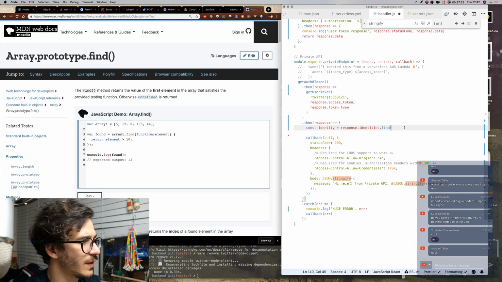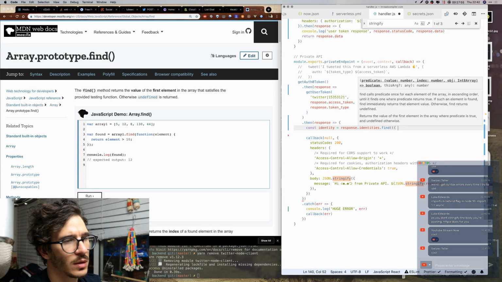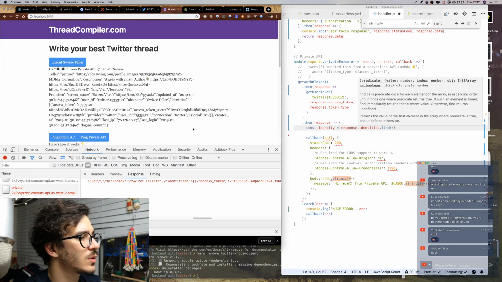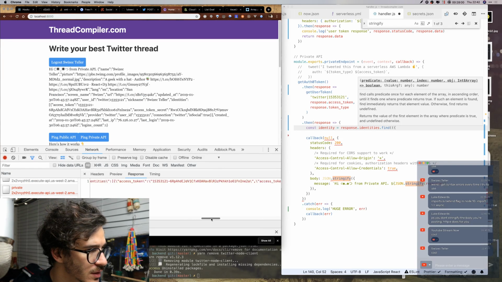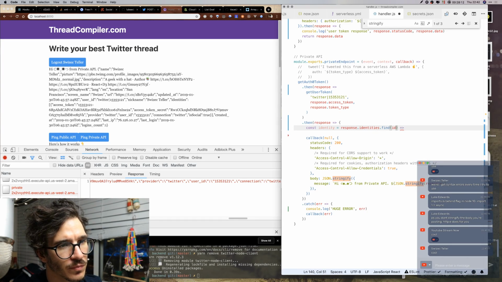So we are finding the one where the identity, what's it called? So access token, secret, provider, where the provider, let's do it like this, ID, where id.provider equals Twitter, like that.